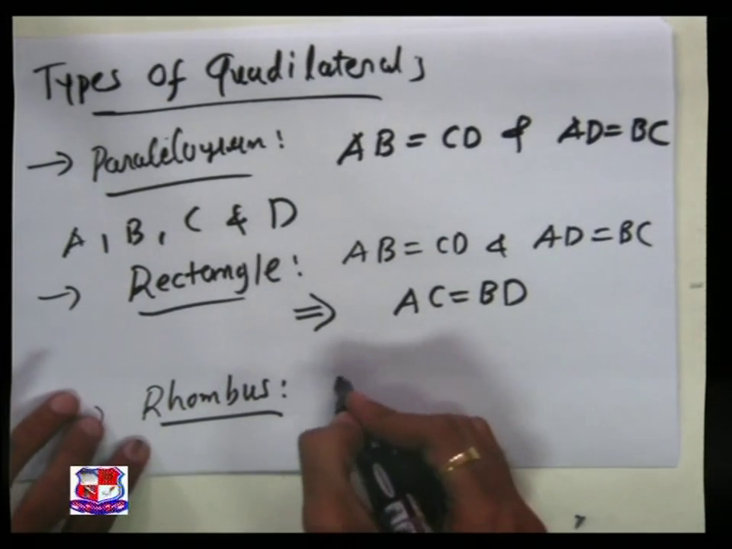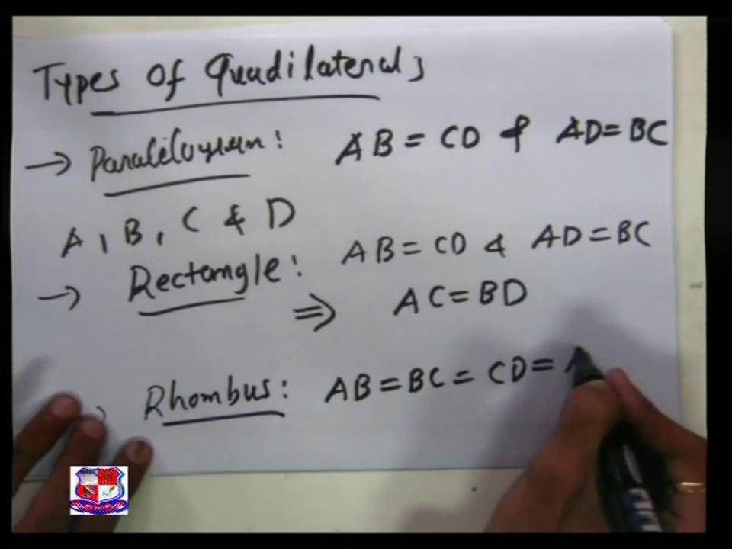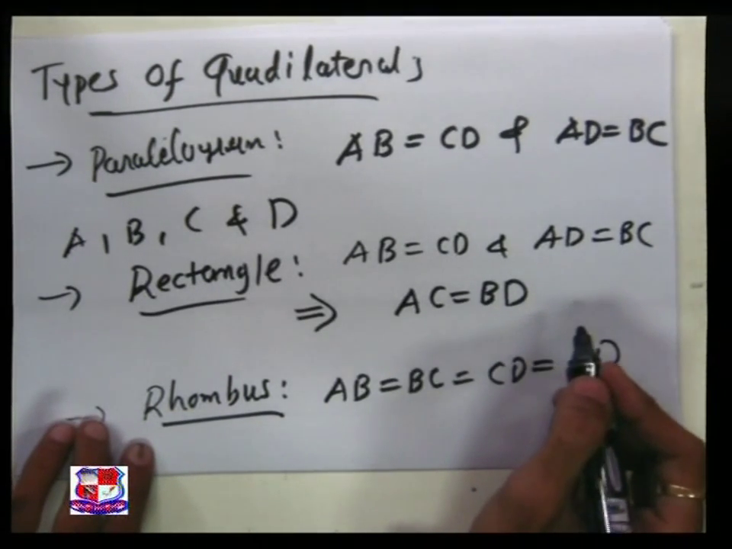So if here AB is equal to BC is equal to CD is equal to AD, then that is known